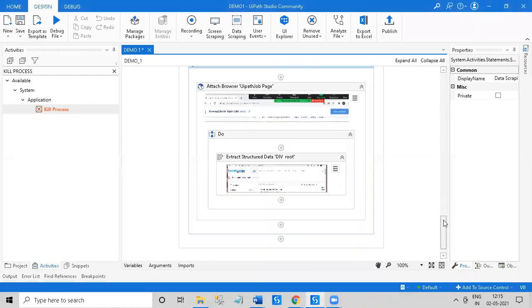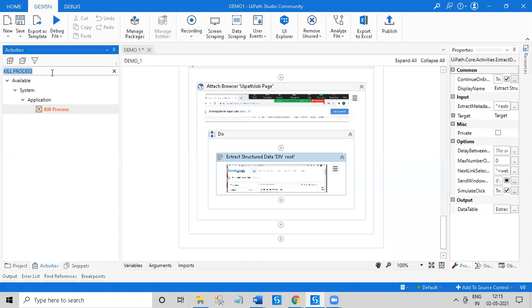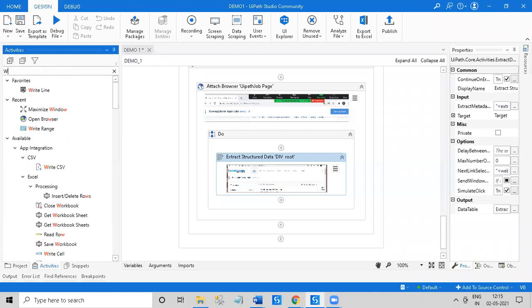It is going to save all the data in the form of a data table, meaning Extract Data Table. If you want to write this data to an Excel sheet, I will use one activity called Write Range.